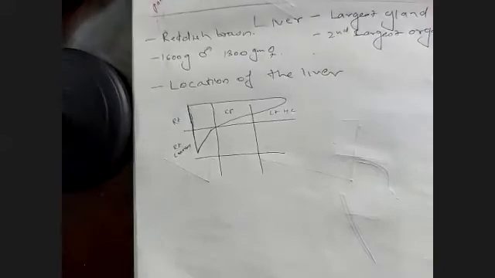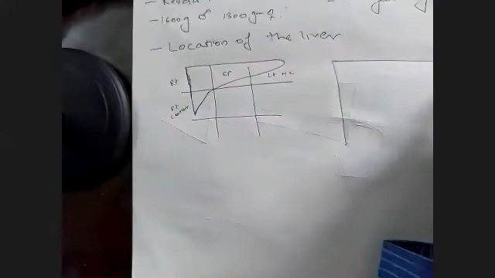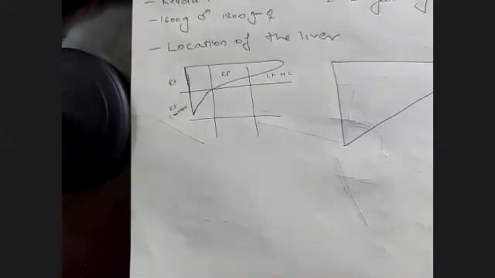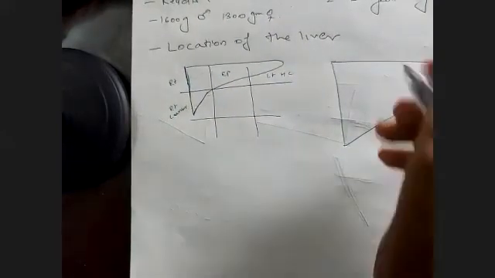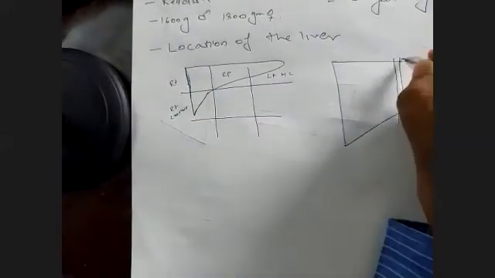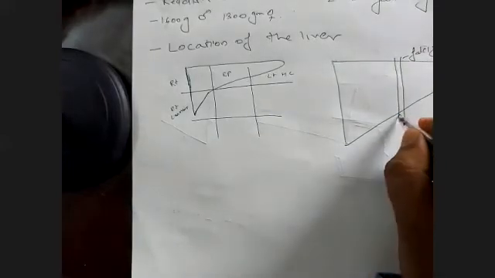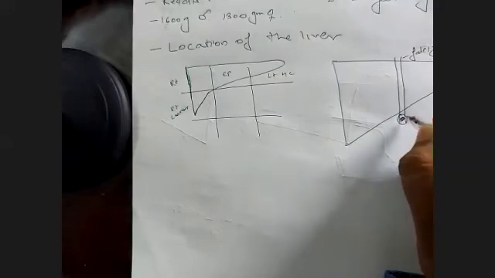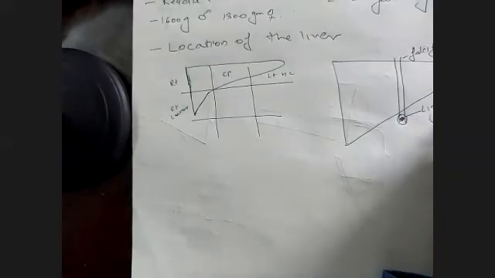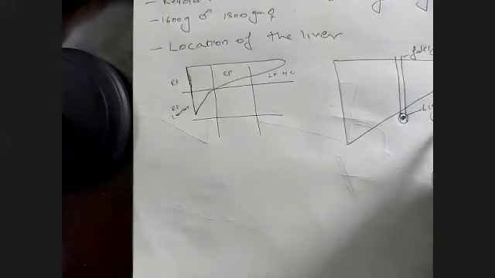The liver is divided into right and left lobes. Suppose this is the liver. It is divided into right and left lobes by falciform ligament anteriorly, ligamentum teres, which is the left umbilical vein actually. So ligamentum teres inferiorly,